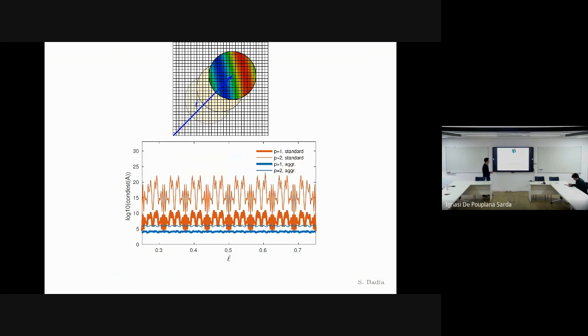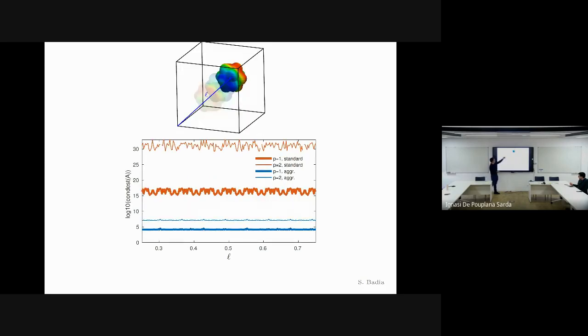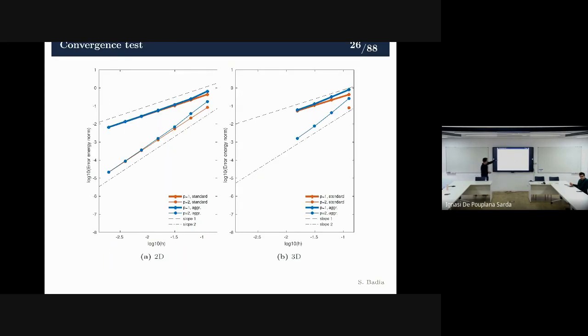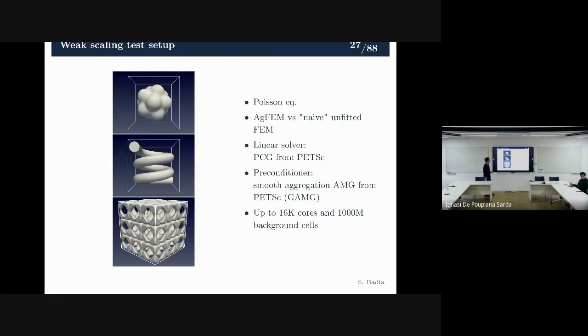Okay, so when you do these kinds of things, you can see that you solve the issue related to the condition number. For instance, here I move in a circle, and I see which condition number I get if I don't do anything. You can see that the condition numbers are pretty much rubbish. The same for 3D: if you don't do anything, the condition numbers are so large, probably unreliable. And when you do aggregation, you solve the issue related to the condition number. You see the right condition numbers and the right convergent results that we expect from our theoretical analysis, and then we can apply this to different